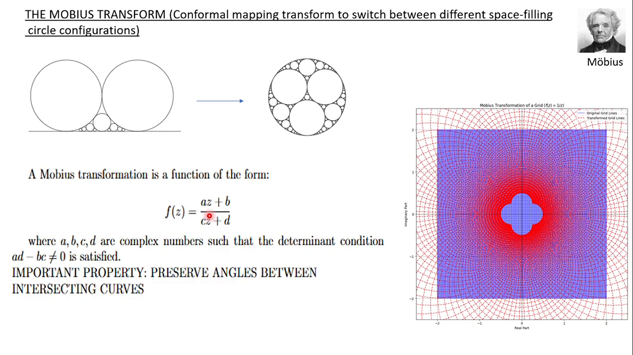The Mobius transform is defined by (az + b) upon (cz + d), with ad minus bc not equal to 0, and where a, b, c and d are complex numbers, need not be real numbers necessarily. So the property is